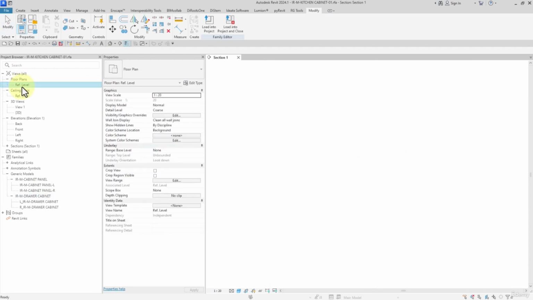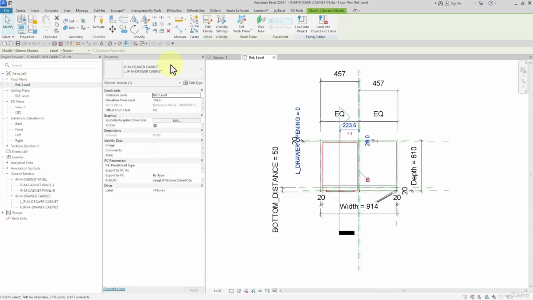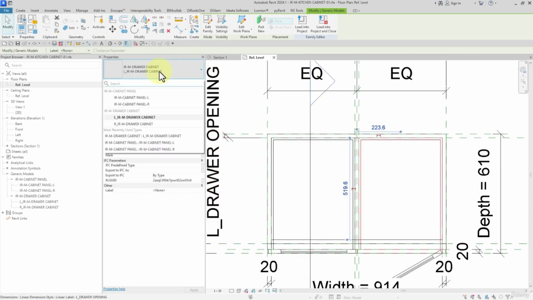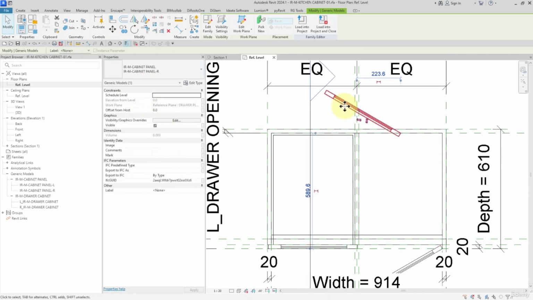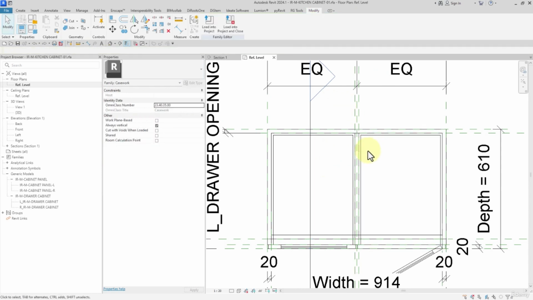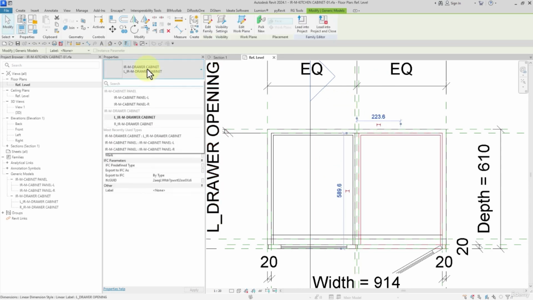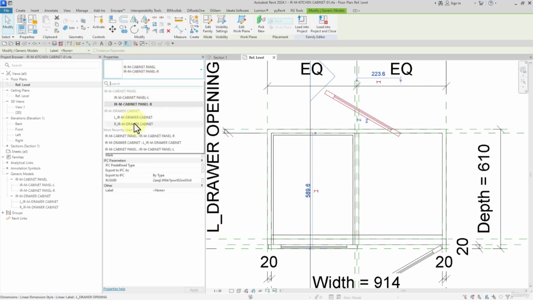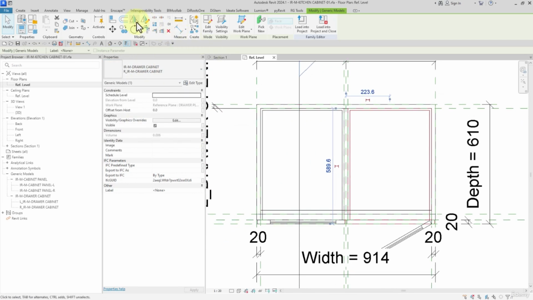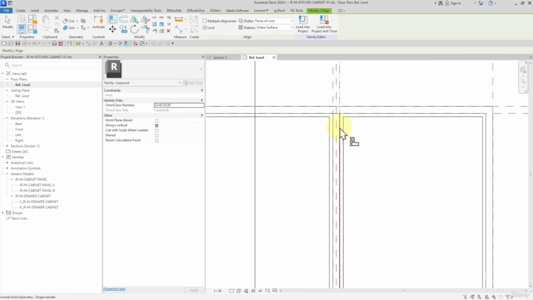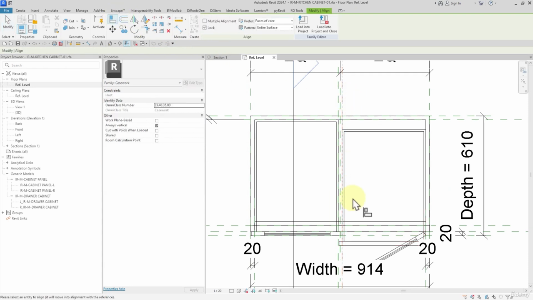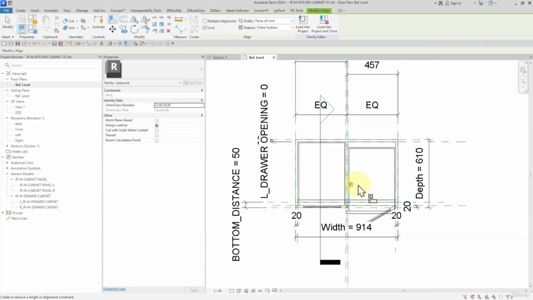and let me open the plan view, and then I select this mirror in relation to this side, and then I select it for the right side. I'm sorry, I undo it. Right, this one, then I align it. Let me move this, then I align it. 50 reference plane,